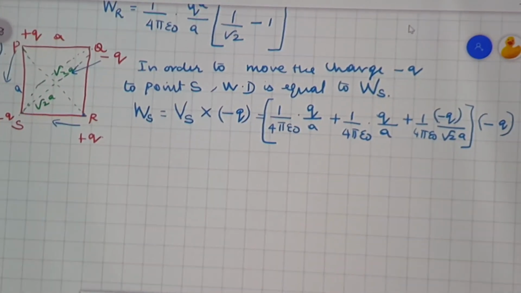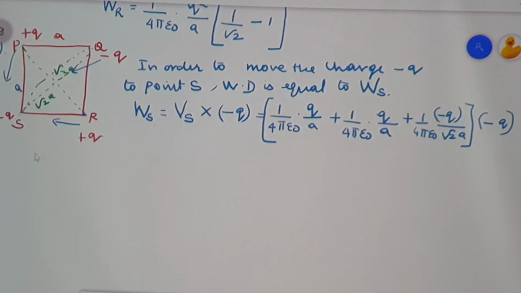When I am taking the simplification, W of S, the work done at the point S, is equal to, I am taking the common factors, or in one step I can write. If I am writing one step, this plus and minus, I can write it as minus. So I am simplifying directly. 1 divided by 4 pi epsilon 0. Here you are having Q common by A common. Here you are having minus Q. So Q into Q, it is Q square. Taking this minus to the front part, I am putting it as minus. So minus of 1 by 4 pi epsilon 0 Q square by A.